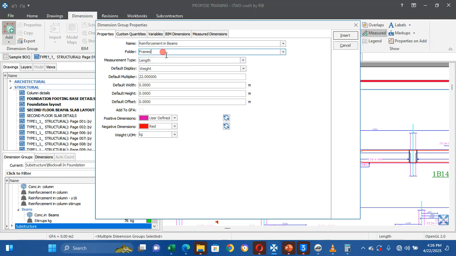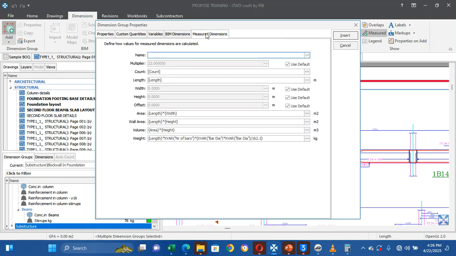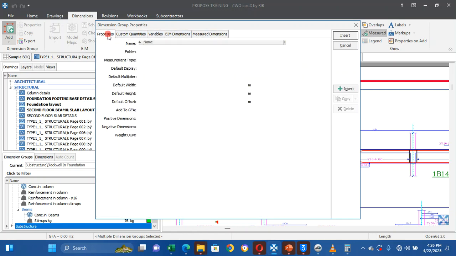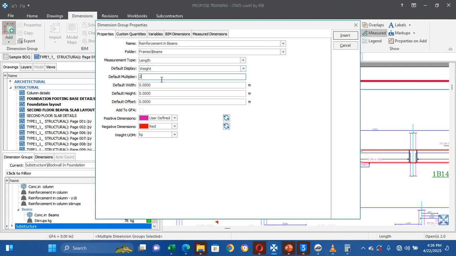Reinforcement in beams. Okay, and default multiplier should leave it at 1. Then we insert